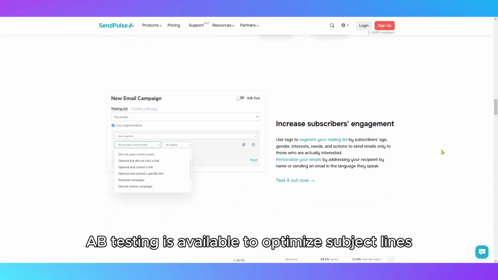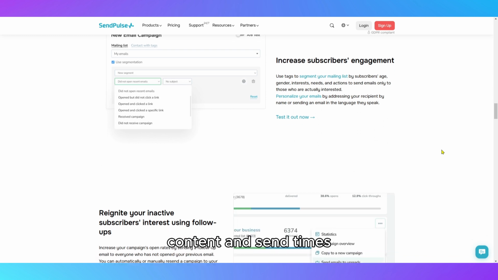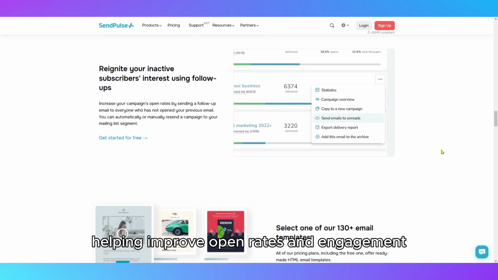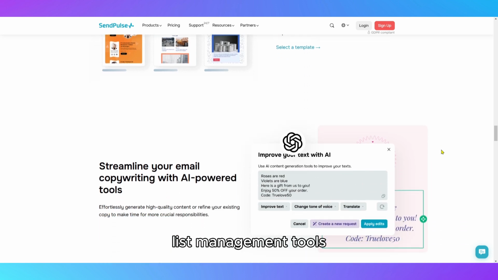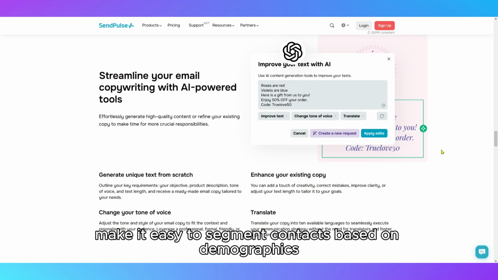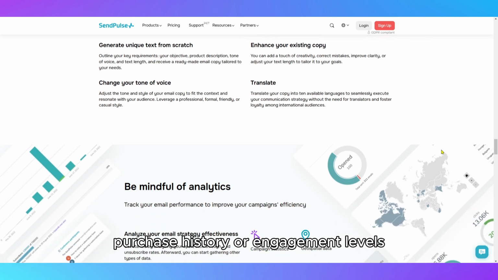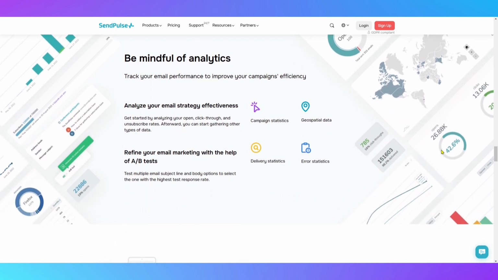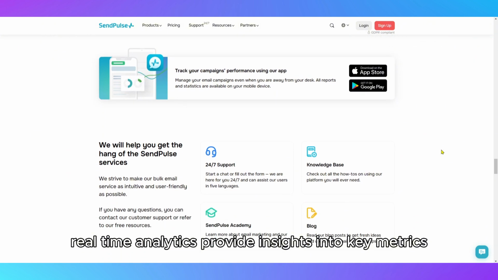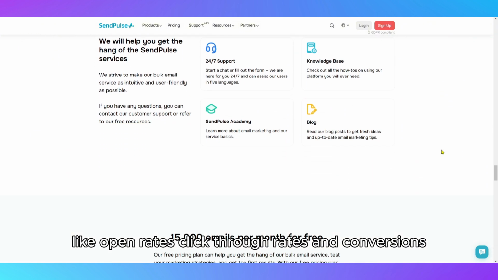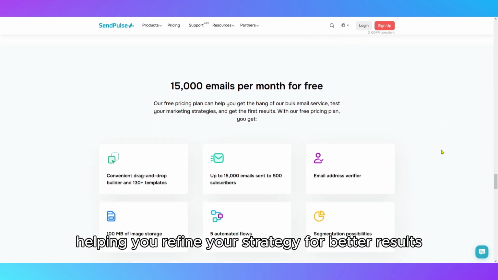A/B testing is available to optimize subject lines, content, and send times, helping improve open rates and engagement. List management tools make it easy to segment contacts based on demographics, purchase history, or engagement levels. Additionally, real-time analytics provide insights into key metrics like open rates, click-through rates, and conversions, helping you refine your strategy